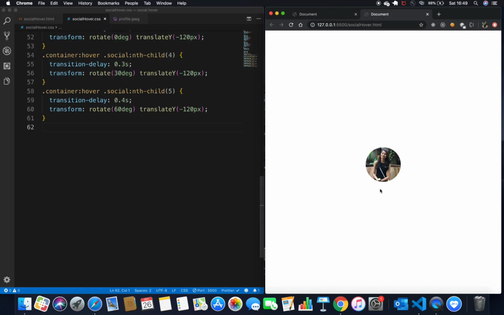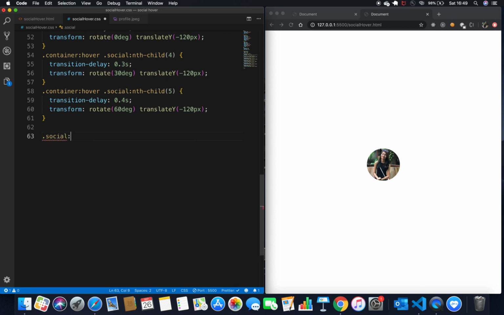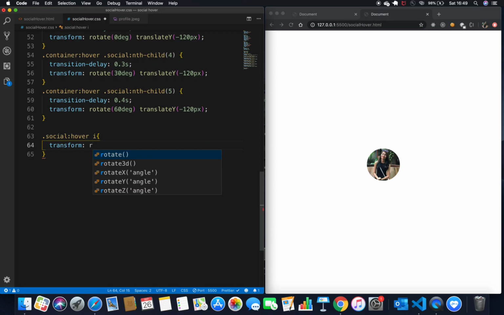So the next thing is, when we hover on this image, these icons should basically rotate when I hover on each of these divs, right? And they should also change the color based on what div I hover on. So basically my social div, when I hover on it, to my I tag which contains the icon, I want to basically transform it and give it a rotate function by 360 degrees, right?